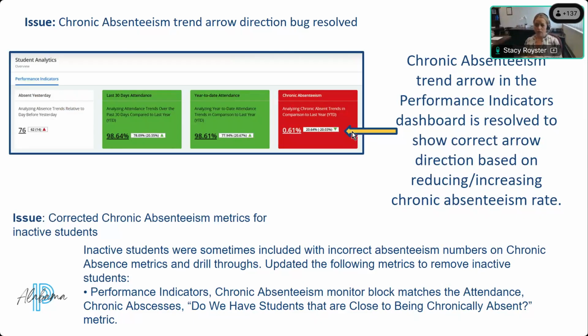Also, there was an issue where the chronic absenteeism metrics it was calculating would sometimes include your inactive students, and it should not be doing that. So that has been corrected for everybody but us yet. This is still an issue for us, and I have reported it to them. So they are working on that fix along with this other stuff that they are fixing. So just note if you see any inactive students, those will be coming off of the chronic absenteeism metrics